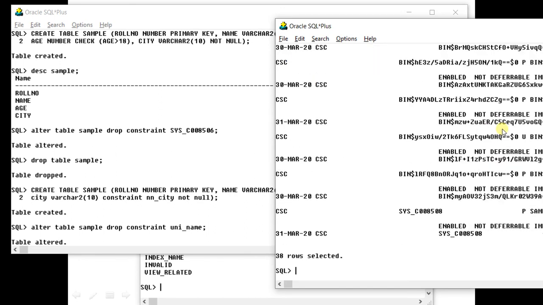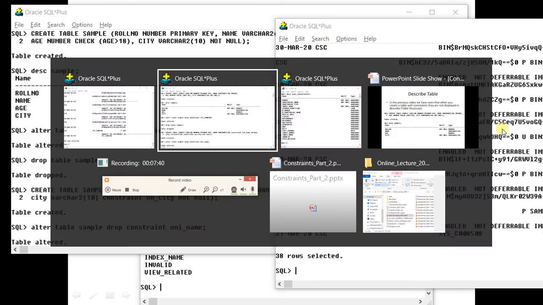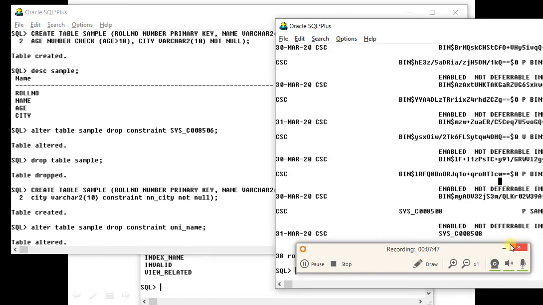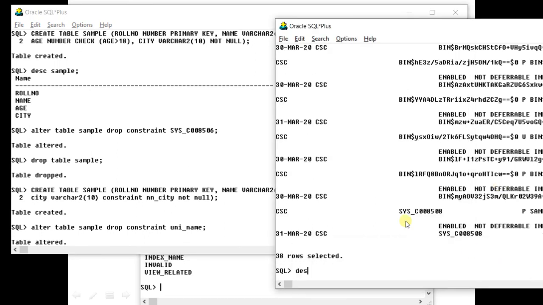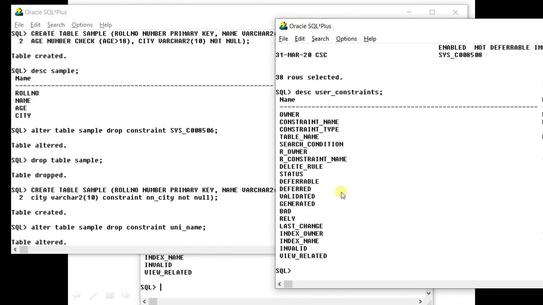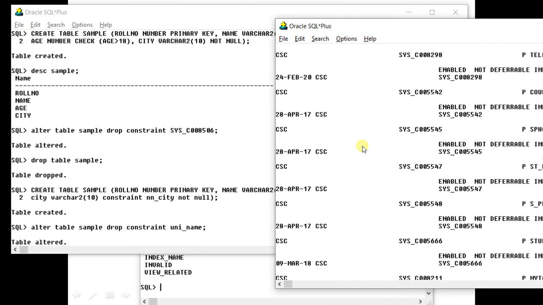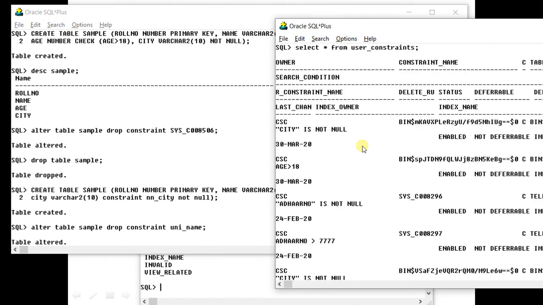Rather, you have to select only a few columns out of it. So you will see describe user_constraints. You can see a few columns. Now use these 4 columns and select only these columns with your table name.